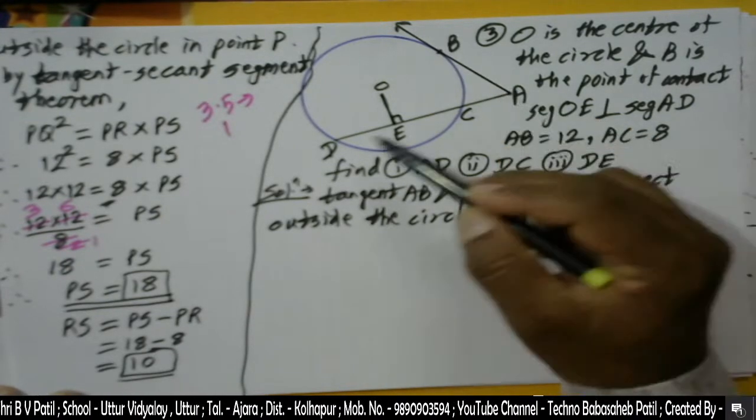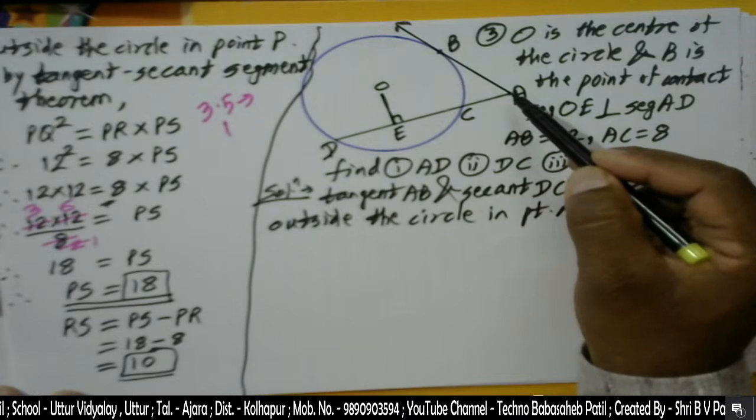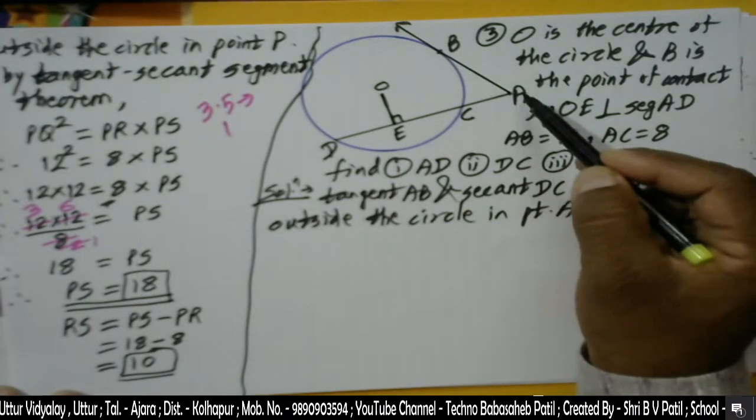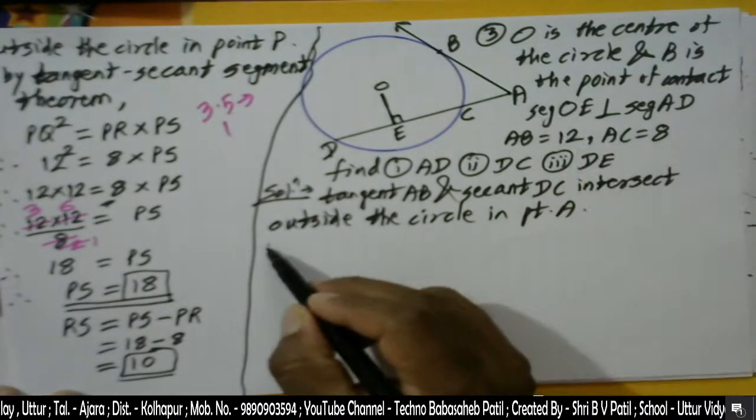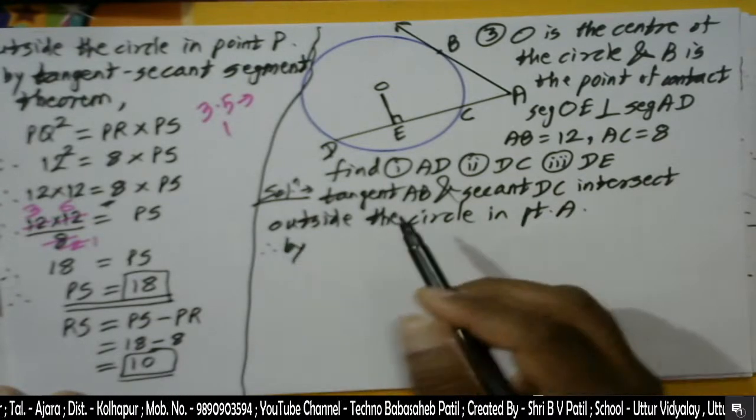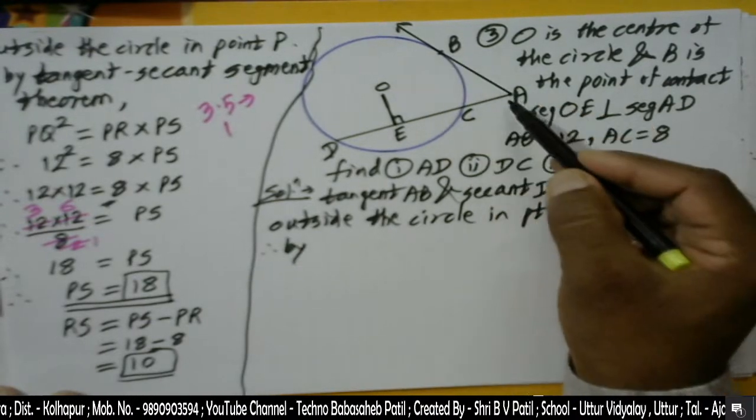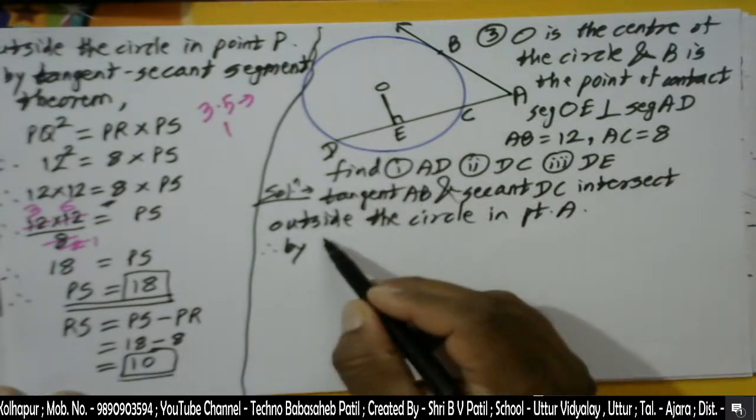The tangent and secant intersect outside the circle in point A. Therefore, by the tangent and secant segment theorem,